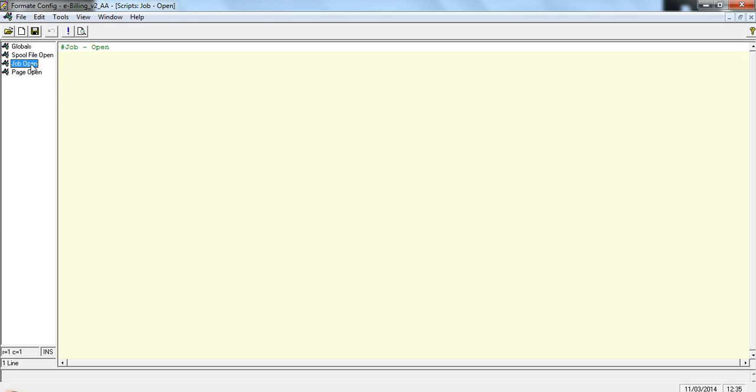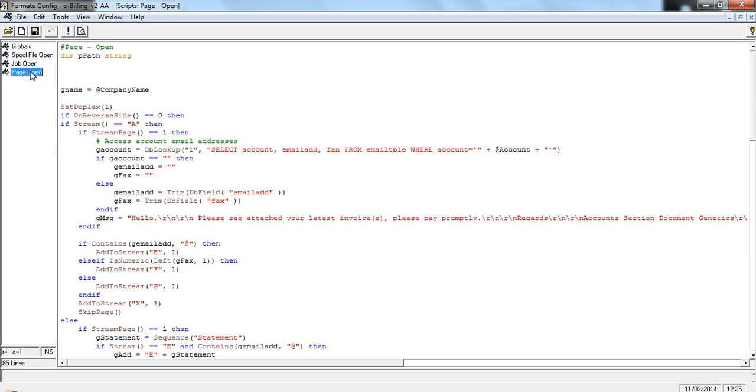The job open script is, if you remember our description earlier, a job is actually a discrete document, so this is how we can discretely control a specific invoice within your spool run, and likewise we can control pages within that specific invoice. And this is where we're doing some interesting ones on this particular application. We've got a database lookup here that's looking at the account code, and depending on the account code we're going to a database and we're retrieving a delivery mechanism, and we're then creating an email, and a little bit further down